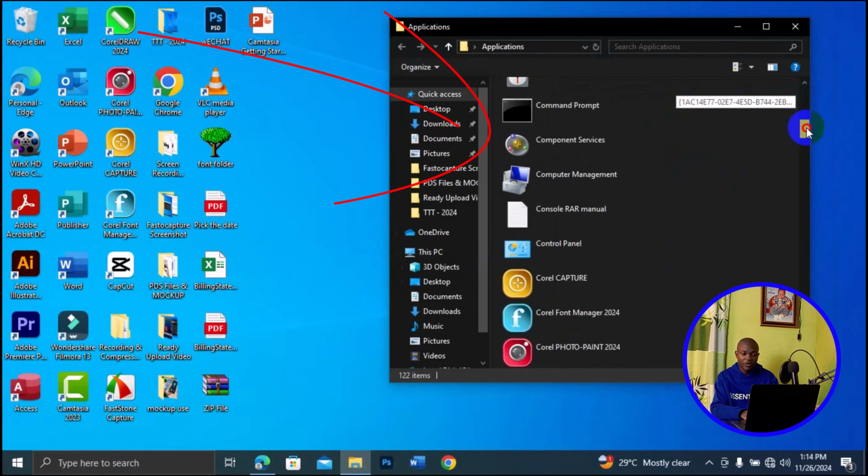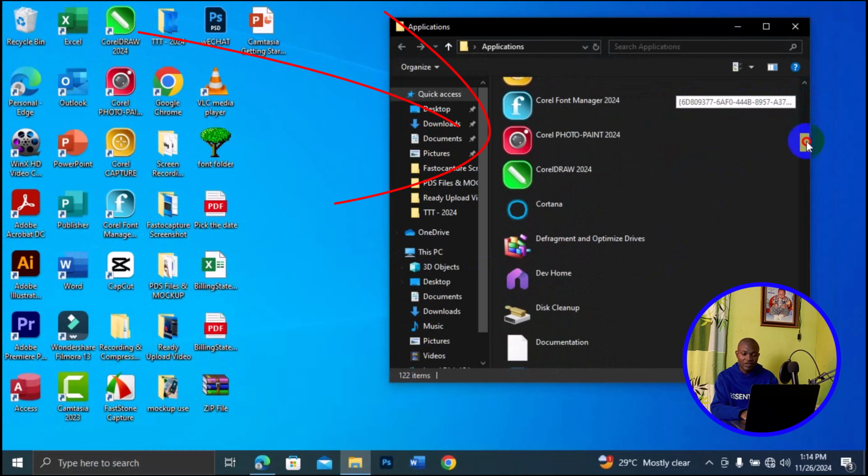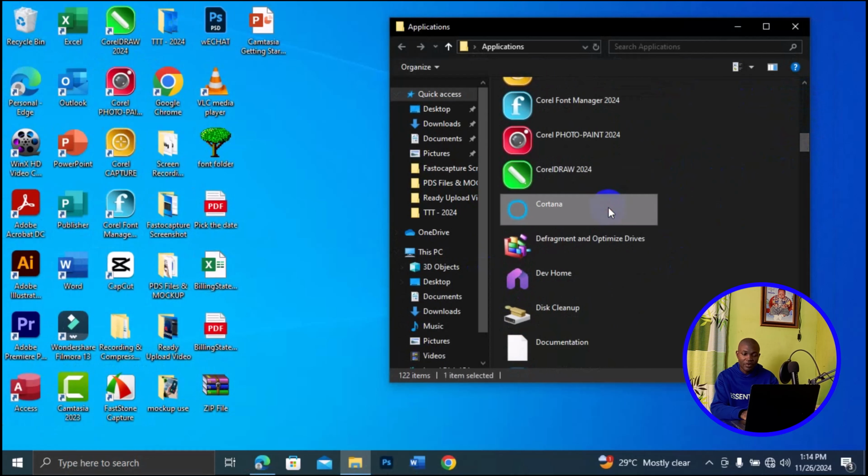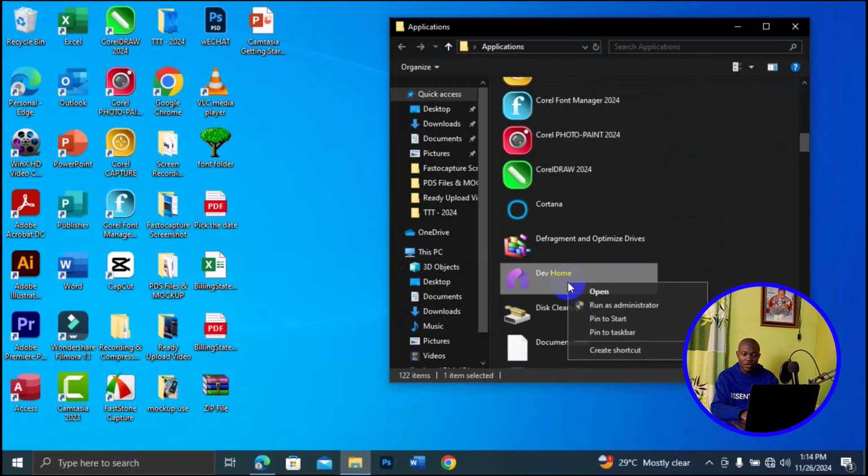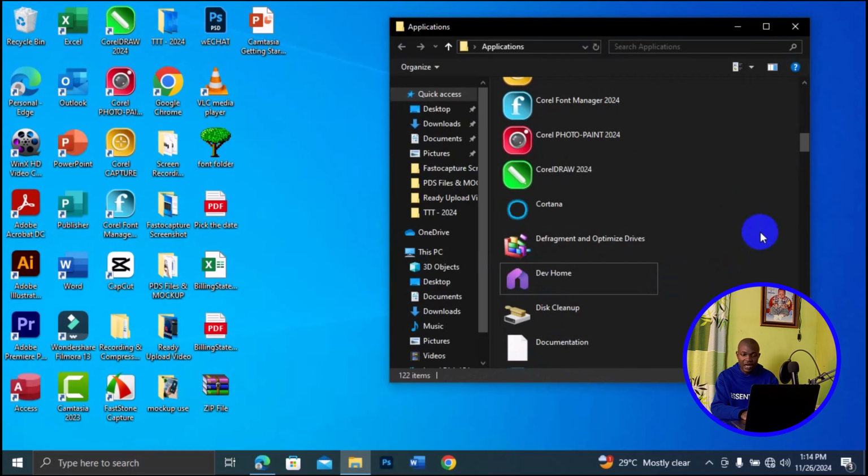You can scroll down. The more you scroll down, the more you see all the apps you have installed on your PC. You can manage the app, uninstall any one of them. If you want to uninstall any one of them, what you need to do is to simply click on it and uninstall it. If you want to pin any one of them to the taskbar, simply click on it and choose to pin it to the taskbar,